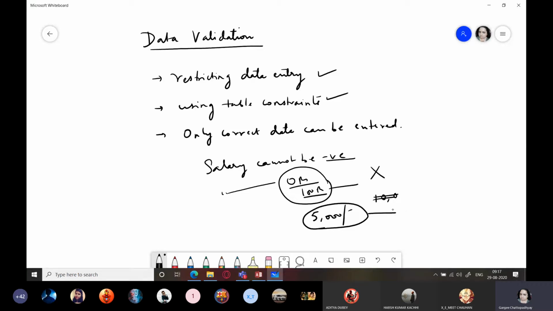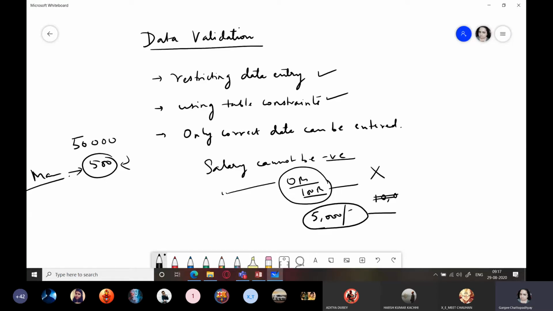The default value which we saw some time ago. Okay. So now what I am going to do is, even if that is there, there is a possibility that the data entry operator wanted to enter 50,000, but accidentally entered 500 and pressed enter. Just imagine manager getting a salary of 500 rupees.